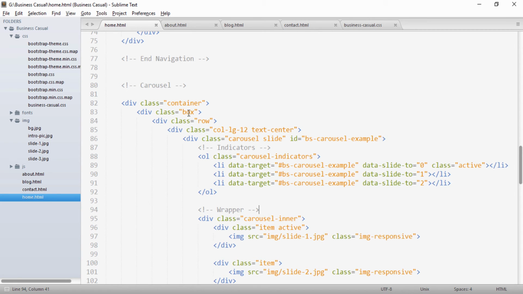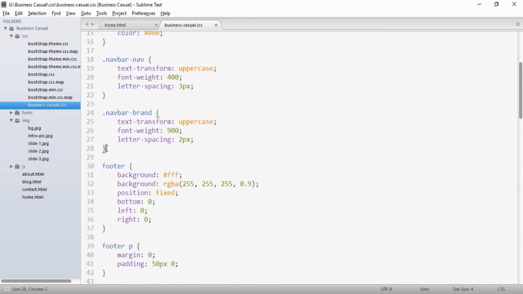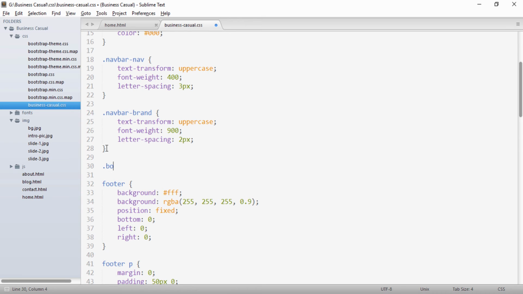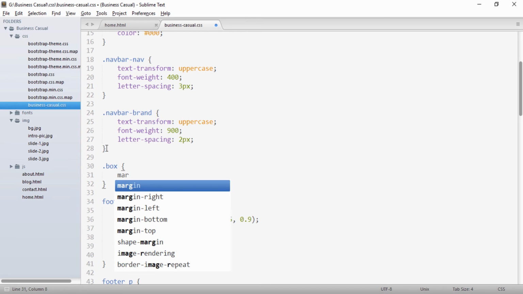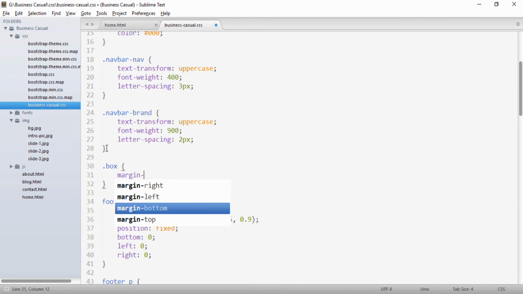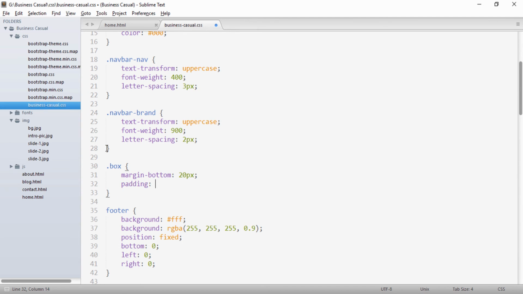So friends, here you see we have created a div having a class of box. So to this box class we'll provide a CSS. So I'll just close this, and to our business-casual.css, just above our footer I will create a CSS for the box class, and let's say I provide it a bottom margin of 20 pixels, and a padding of 30 pixels top and bottom and 30 pixels left and right.